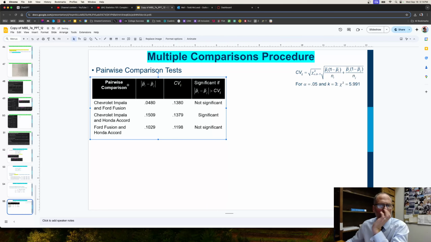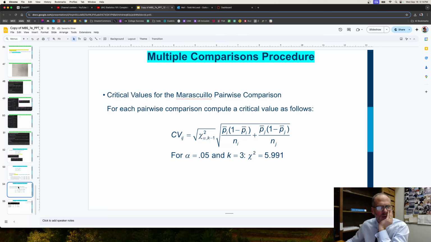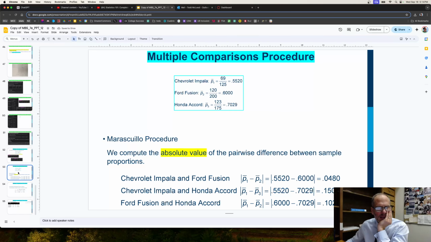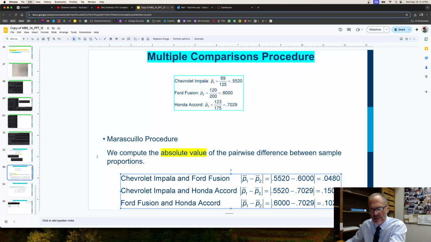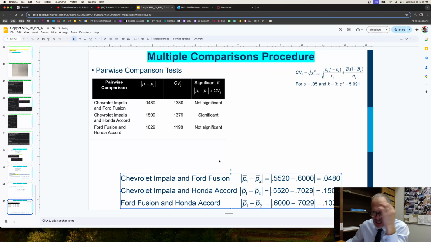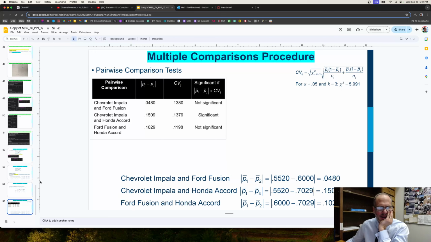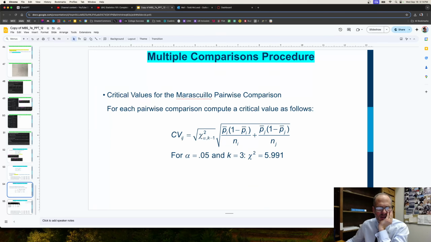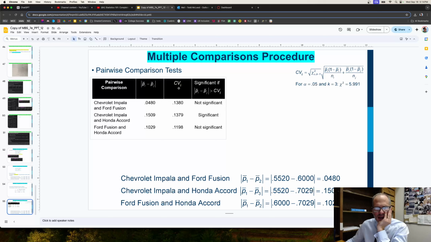And then what we also want to do is we want to see this data, 0.04. We want that data right there. So we're going to copy all this and put that here. And so we have 0.048, we have 15, we have 1029, and then we have this calculation here, the CV, and that's the critical value. And the critical values are